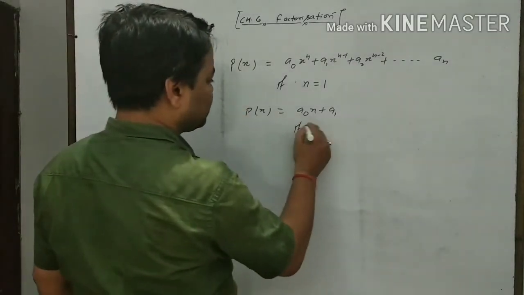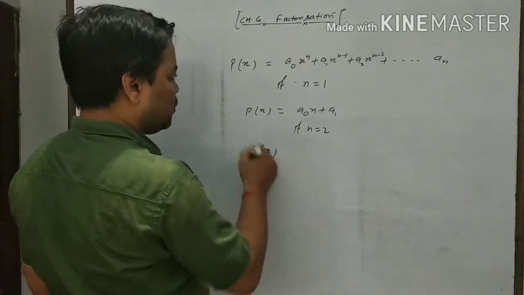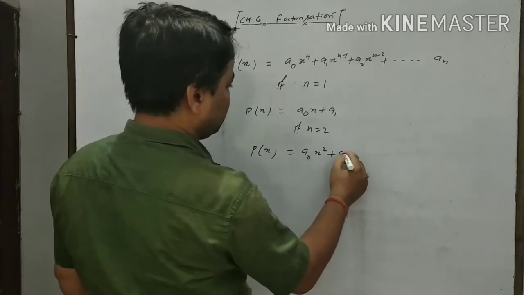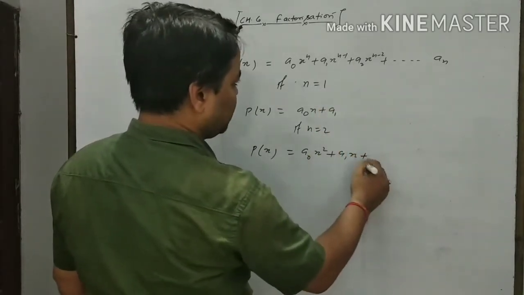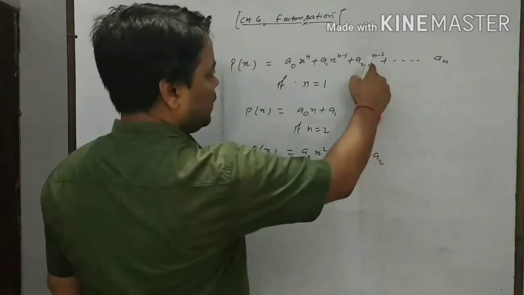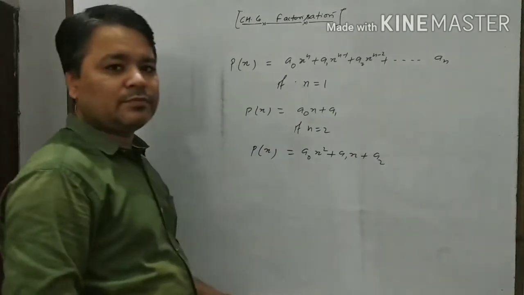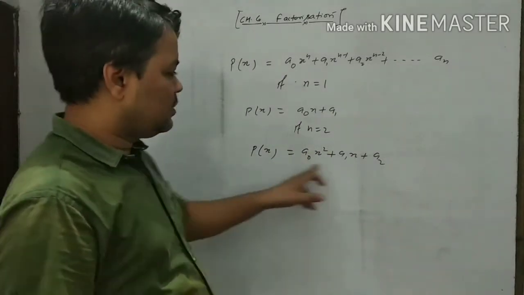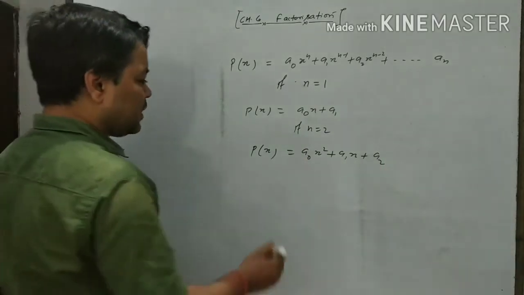Now, if n is equal to 2, then the polynomial will be in this form: a0 x square plus a1 x to the power 2 minus 1, that is 1, and plus a2 x to the power 2 minus 2. It will be in this form. So here the maximum power is 2, therefore it is a quadratic polynomial. Okay. Similarly, if